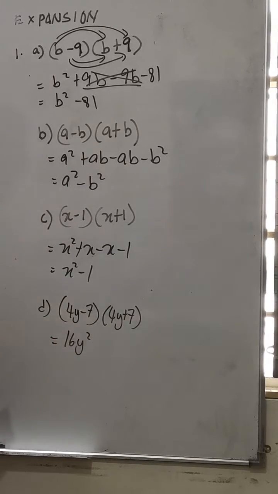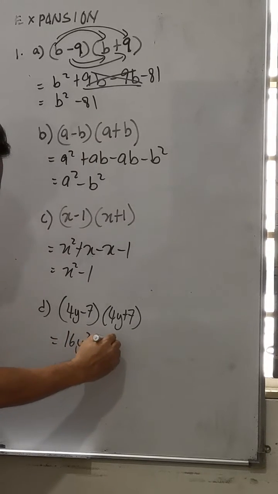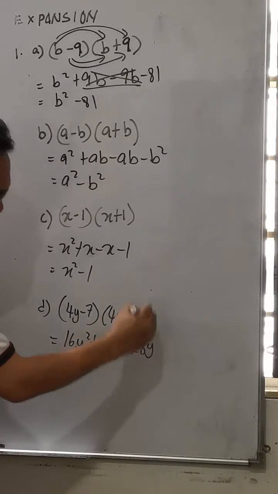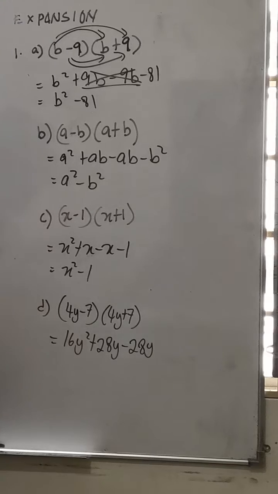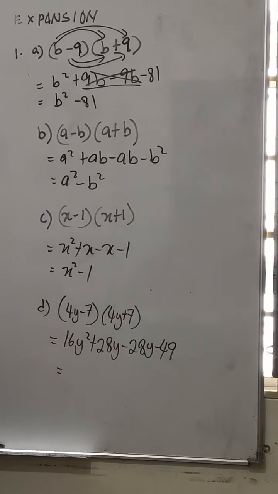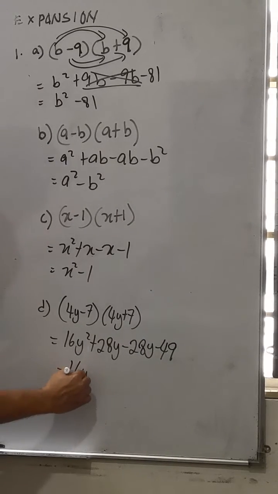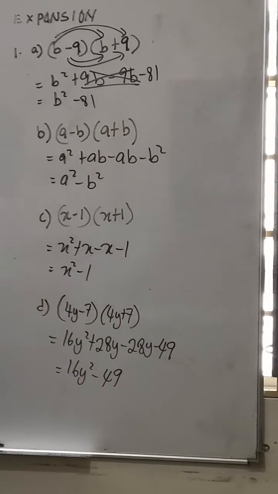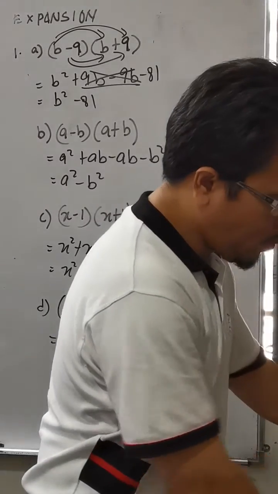16y squared, okay, plus 28y, correct. Minus 28y, correct. Minus 7 times 7, minus 49. Simplify. 16y squared, correct, minus 49. So what you have to understand is that actually I took this question